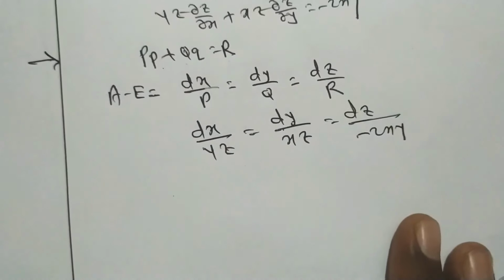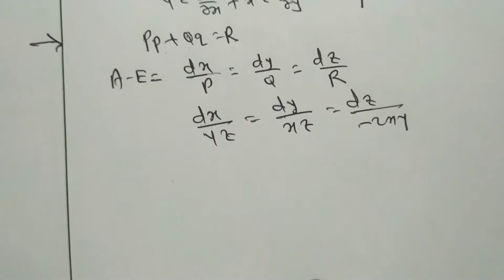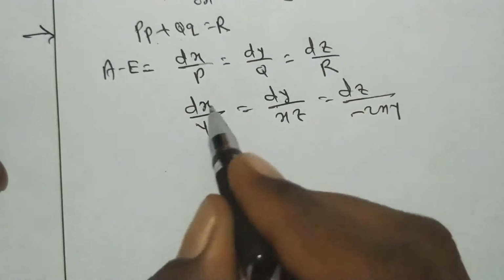So this is the symmetrical simultaneous differential equation, in the form dx by P equal to dy by Q equal to dz by R. And in the last video we already saw how to solve such symmetrical simultaneous differential equations. There are two methods: the first one is the method of grouping, also called the combination method, and the second one is the method of multipliers. I think here we can use the method of grouping. Using that method we can find two solutions of this differential equation.